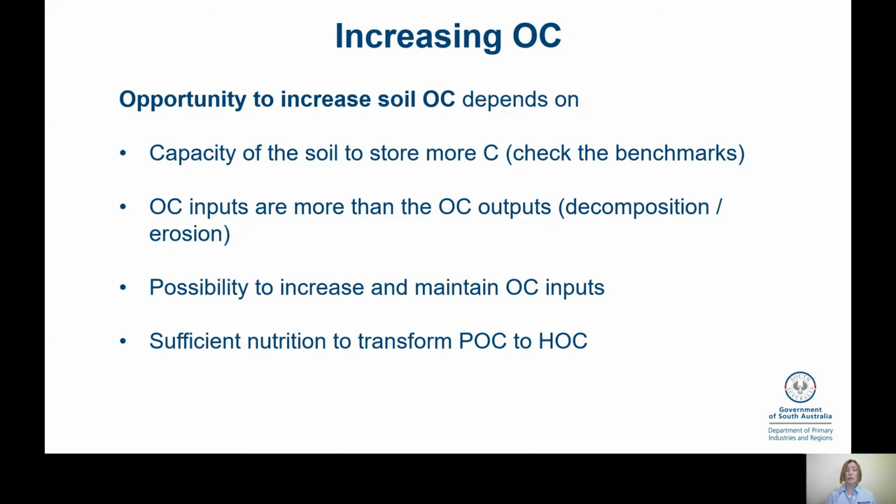You also need to ensure that your carbon inputs are more than your carbon outputs. And we're really talking about decomposition and erosion here, and tweaking the system. I mean, they're talking about having a different diversity, more biological diversity, to have more of an efficiency of breaking down carbon, which is supposed to decrease the amount of decomposition that we have in our soils. I haven't had any data and we haven't recorded anything different in that, but it would be an interesting process to follow.